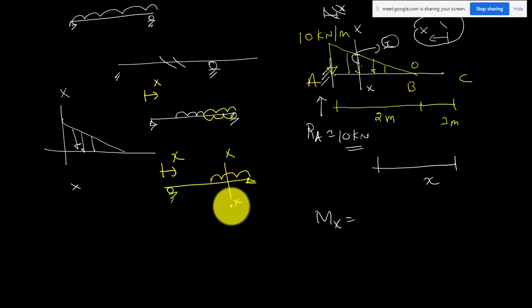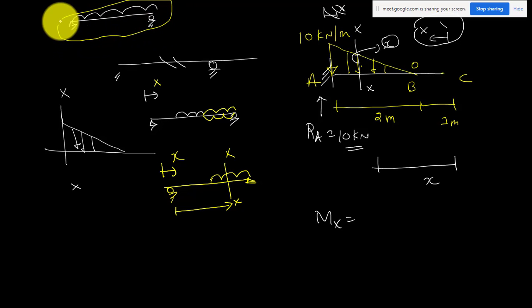Okay, sir. From the end C, we have to take the x. Yes. Continuous means you should not think that it should be there in the entire span. That is the first point. And when the load has started and you are moving, in this case I am moving from this support to this support, and when you are traveling from A to B, once you see a load, it should be there till the end of B. That is the only condition.